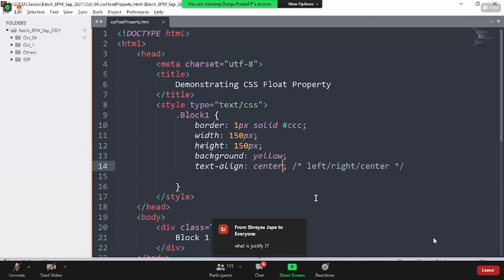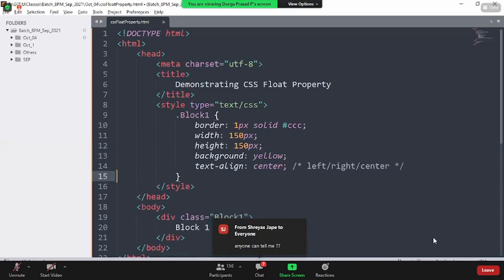Sir, you are making that in the center, but why don't you make that in the middle of that box? Guys, hope you are understanding what I'm saying. I clearly mentioned that text align is the property which only works horizontally, not vertically.